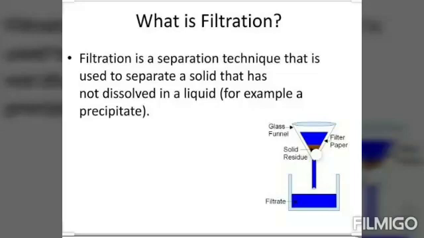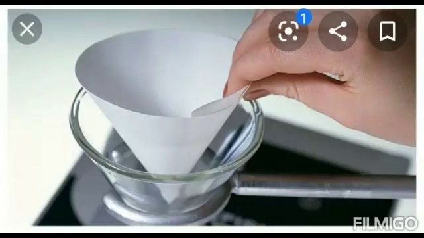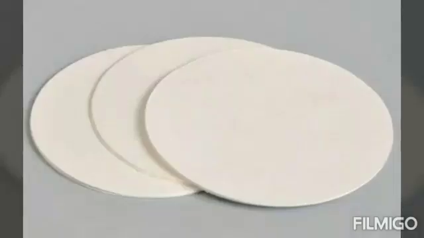Filtration is similar to sieving, but we have to use a filter paper in place of a sieve. So we use it to separate insoluble substances from a liquid with the help of a filter paper. Do you know what a filter paper is? Filter paper is a paper with many tiny holes in it through which our liquid can be passed, and our insoluble substances will remain at the top. So this is the process of filtration.